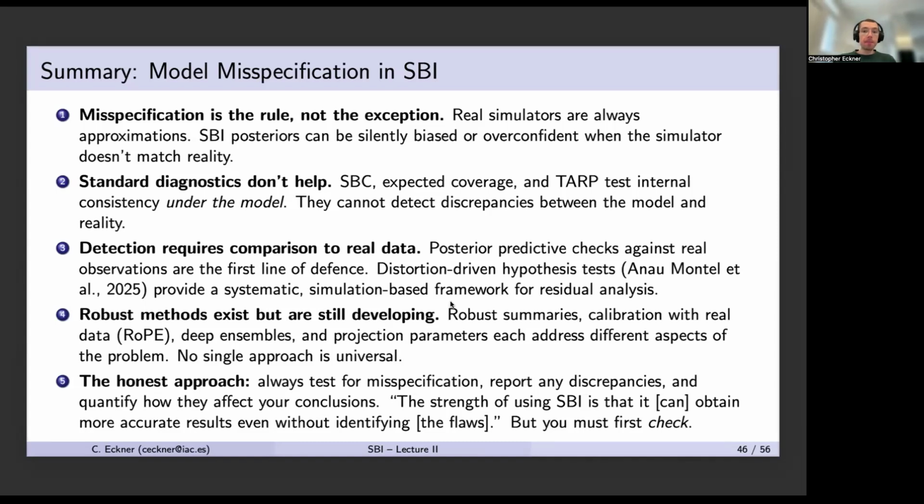Okay. Any questions about this part of model misspecification? All right. Then